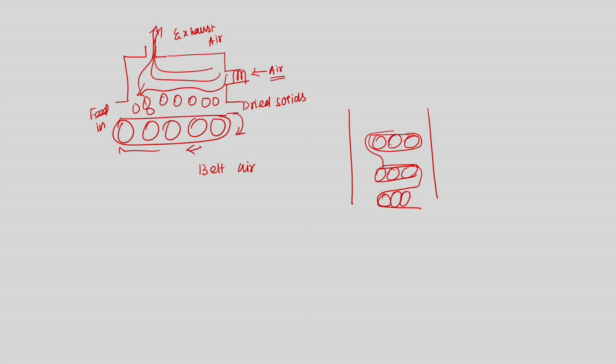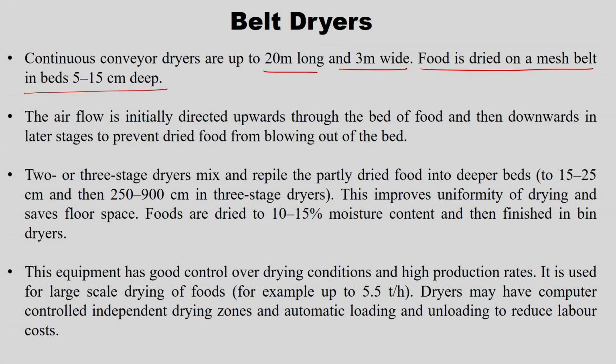So, this is another belt where solids will be coming, and for the air side, air will be passed through every belt, what you have seen here in the tray dryers. The same kind of mechanisms you can also observe in the belt dryers. So, instead of trays, your products will be conveyed through a belt conveyor. That is the difference between tray dryers and belt dryers.